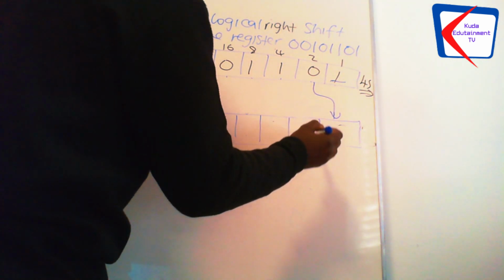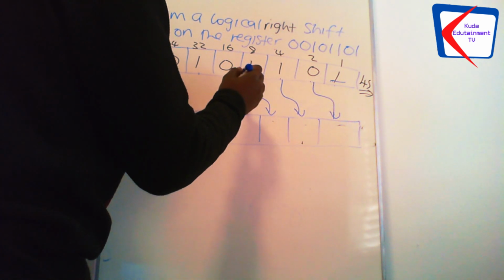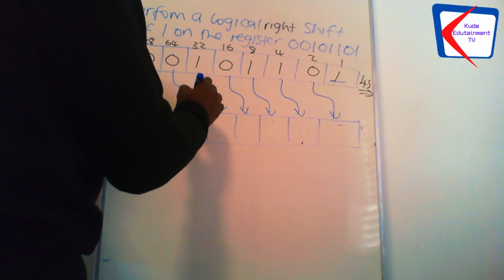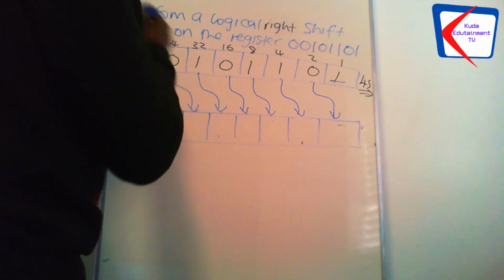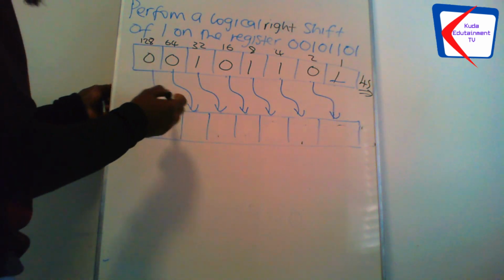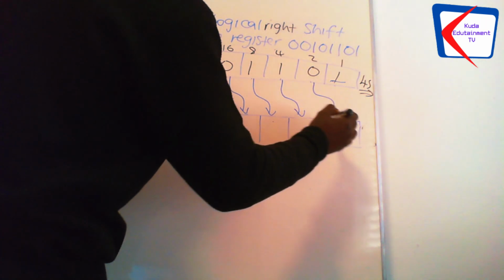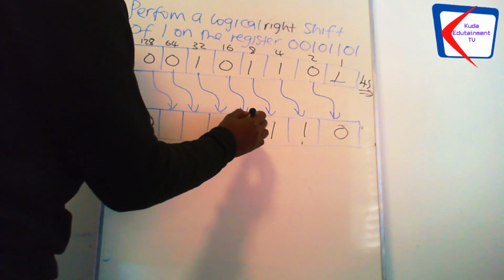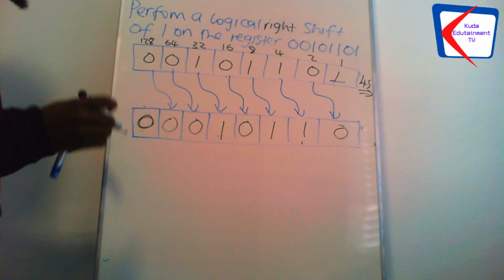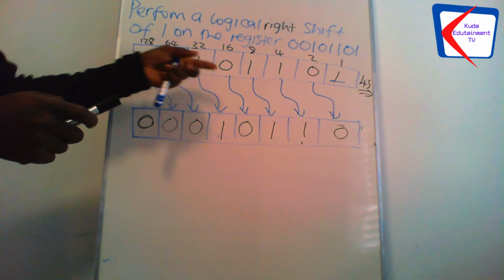this one will take the last position, the second last position, third last position, right? Fourth last position, fifth last position, sixth last, seventh last position. Then the empty space that we've created here to the left, we simply populate with a 0, right? So we write these bits: 0 here, 1 here, 1 here, 0 here, 1, 0, and 0. So this is the new binary number that we now have after performing right shift of 1 on this binary